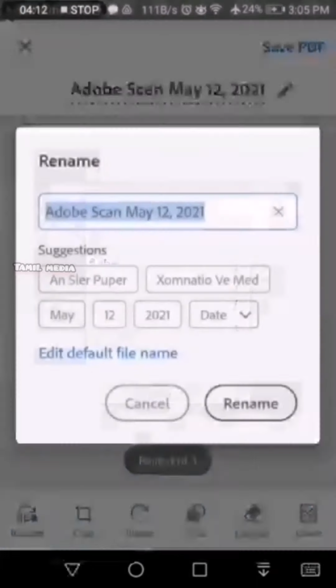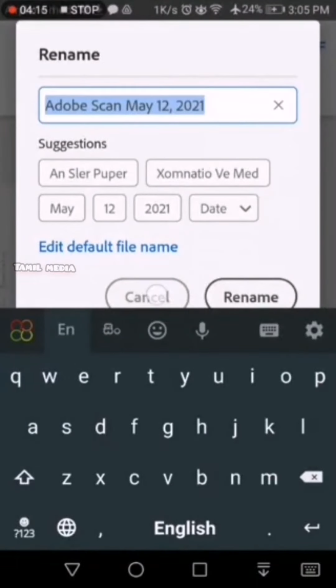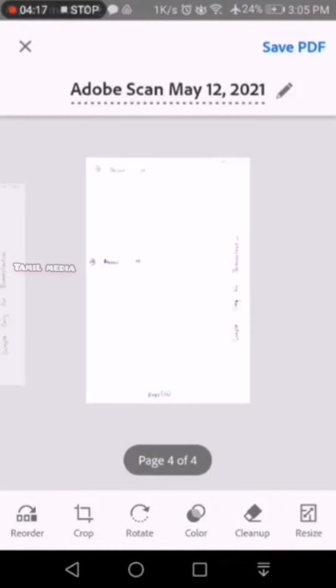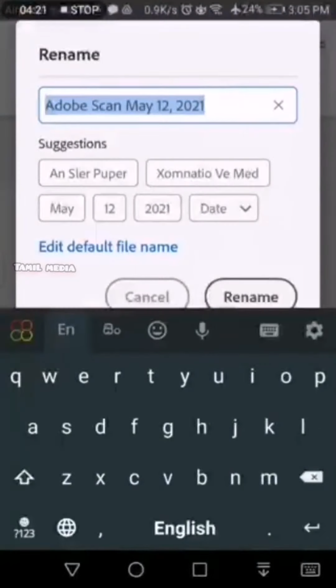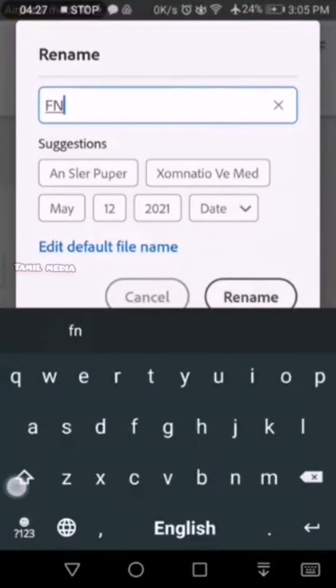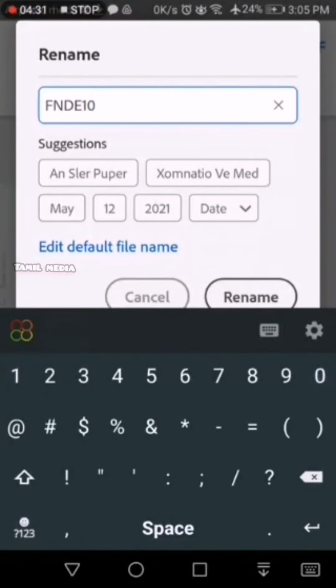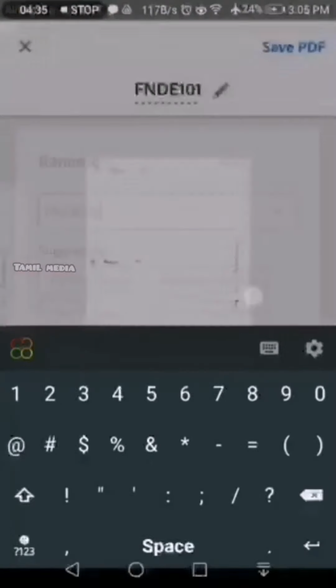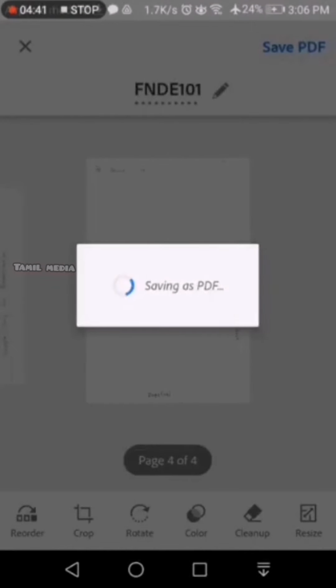I'm going to rename it. So to rename it, click on this small pen icon and type the name of your subject, FNDE 101. Then click rename. Okay, now you have to click on save PDF.